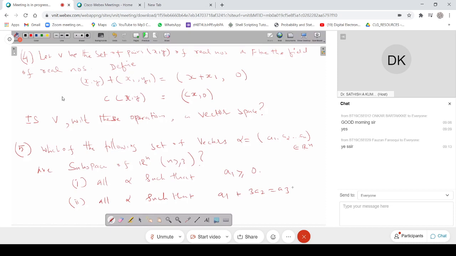One more observation we can make here. If something is called a subspace, it must be a vector space also. But we don't need to verify all those 8 conditions, as we stated. At least those 4 conditions should be there: the additive inverse, the associative law with respect to addition, and if you take two vectors, alpha plus beta must be in that set. All those 4 conditions must be satisfied. Or another way of saying it: if one of the conditions is not satisfied, that may not form a subspace.